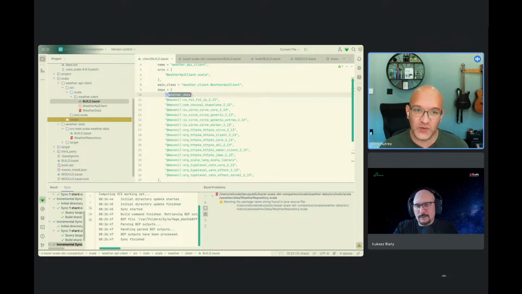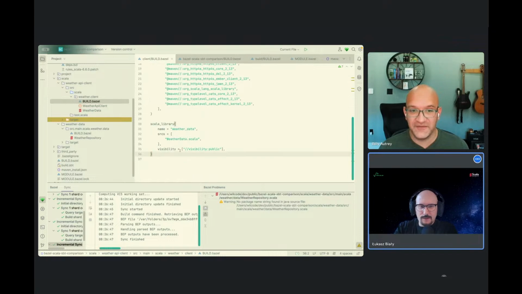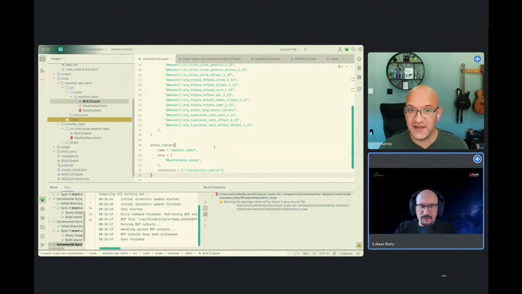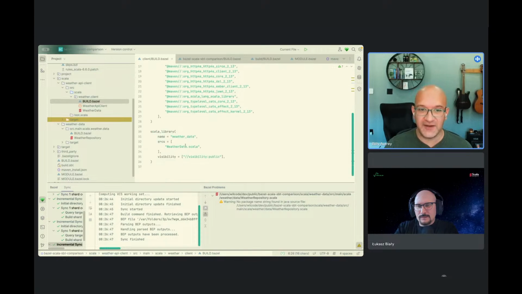And then this colon is a shortcut to, in the current package, there's a library or a target called weather data. So that's like a module dependency in SBT. Yeah, exactly, it's a module dependency, but you can be as granular as you want. What's interesting here is I actually have one target for this API client, which is my object that actually executes the code, and then I have a separate project for the data itself.